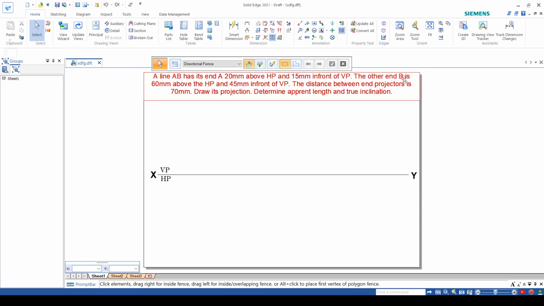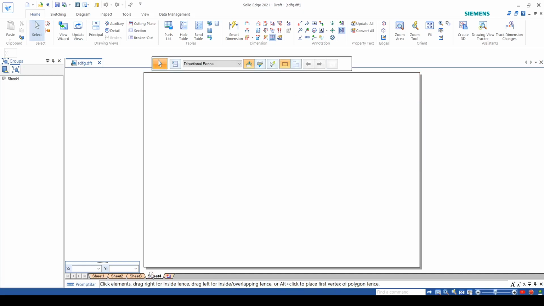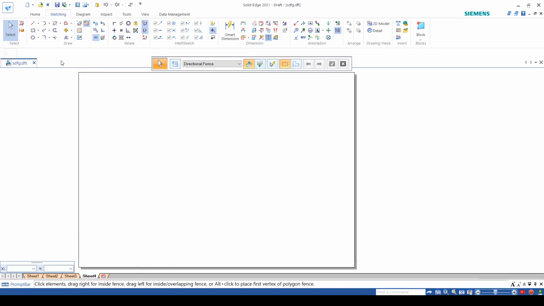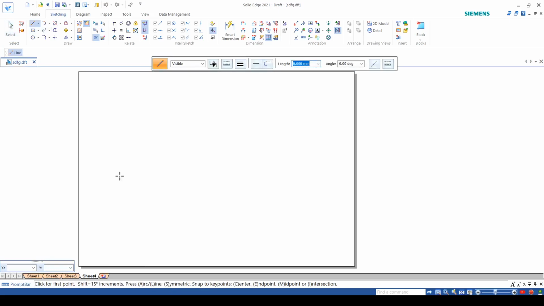The other end B is 60 mm above HP and the distance between the projectors is 45 mm. What is a projector actually? If we say that this is a line, and this is its projection,